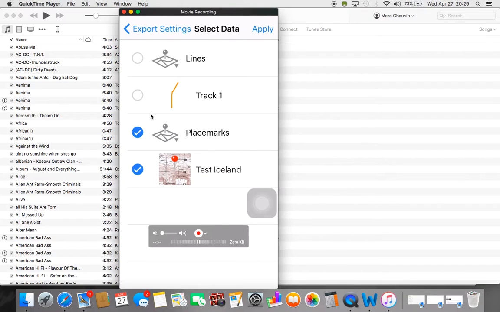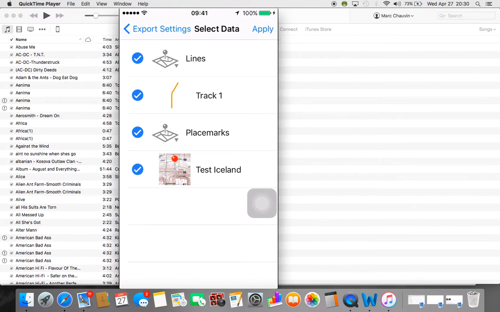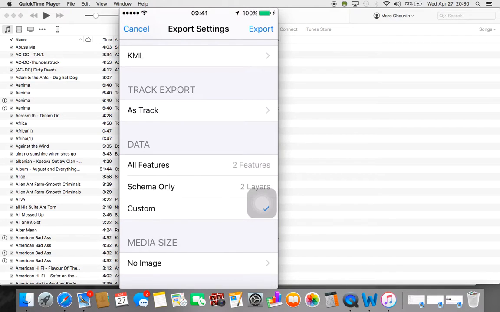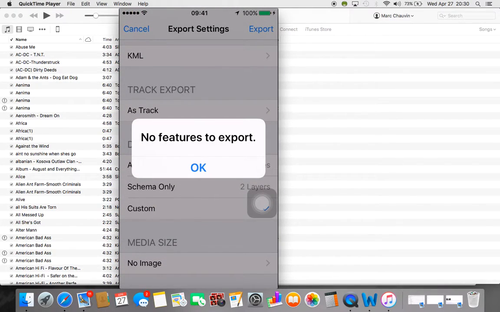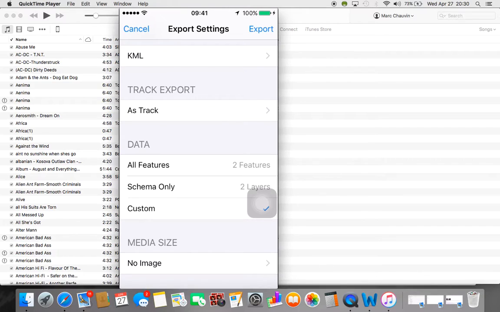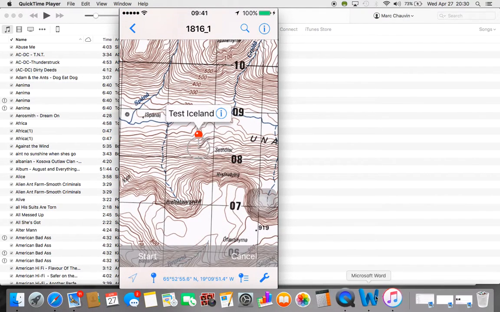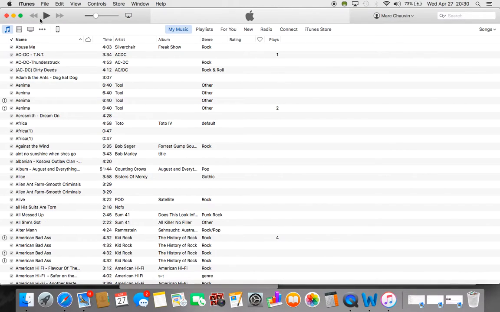If I had a number of place marks, I could pick the place mark that I want. The same thing will happen when I click on the track. I'm just going to export everything so you can kind of see what happens. So I'm going to export, and then I'll hit export. And for some reason it says no features to export. Okay, so I've exported that, and what I'm going to do now is go back to iTunes